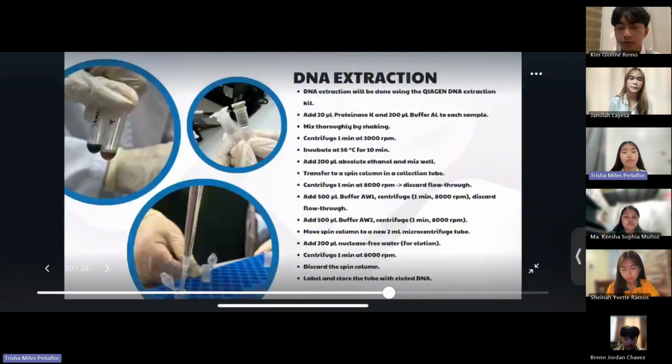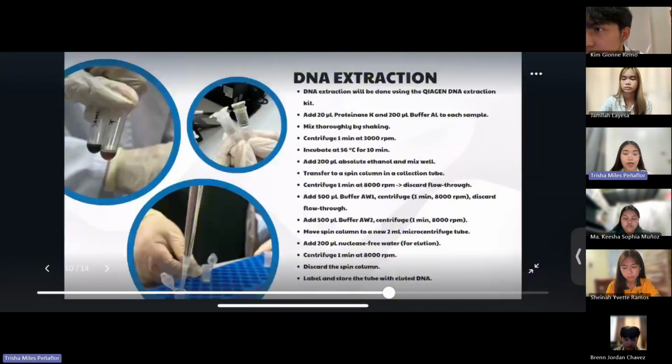After that, 500 microliters of buffer AW1 will be added for the first wash. And then it will be centrifuged for 1 minute at 8,000 RPM, and the flow-through will be discarded again. For the second wash, 500 microliters of buffer AW2 will be added and centrifuged again for 1 minute at 8,000